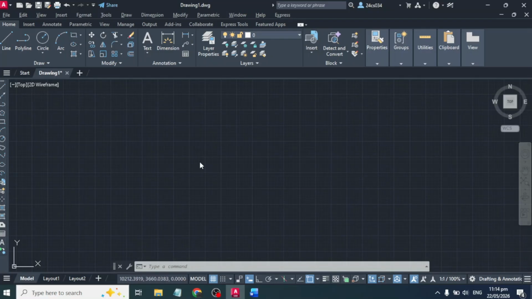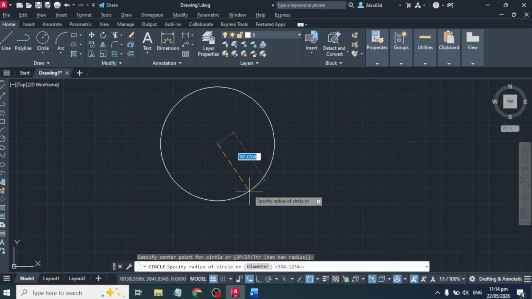Hey there! Today we're going to look at AutoCAD, how to draw an arc with a specific radius and length, 2026 tutorial. So let's get started. First, over here, use this circle tool in AutoCAD and draw a circle with a specific radius, like 50 units,